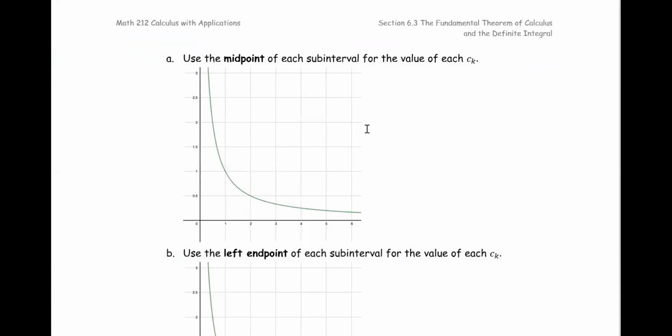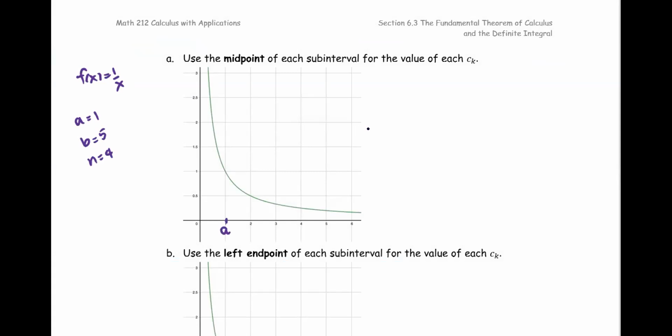Before I lose it. So for this one, this is the function. I'm going to put a note. The function f of x equals 1 over x. The point A is 1, the point B is 5, and n equals 4. So from the graph here,